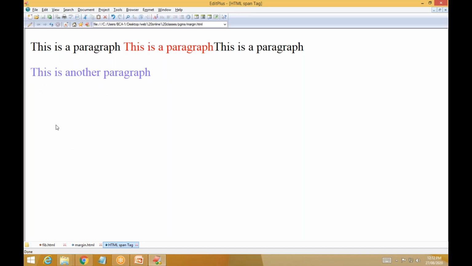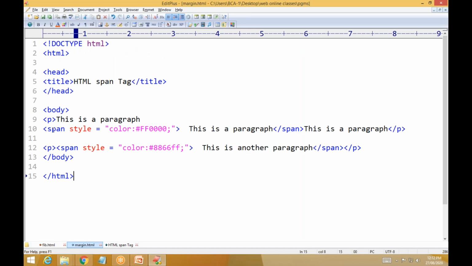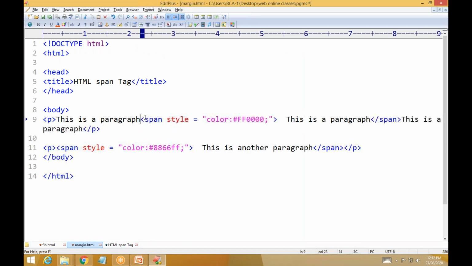But here I gave a span. In the first paragraph I wrote it like this: this is a paragraph, span, and I gave an inline style. You can give internal or external also. This span applies the color only to this paragraph text, not to this or this.